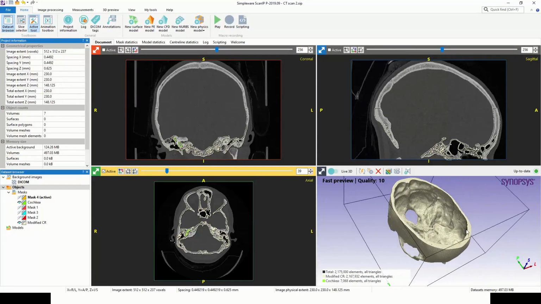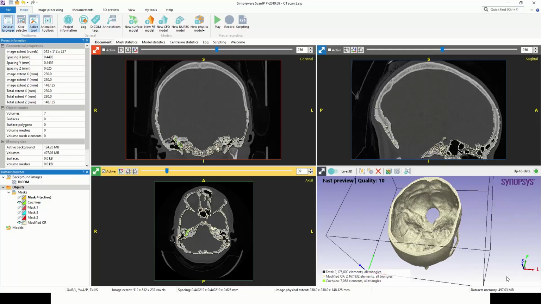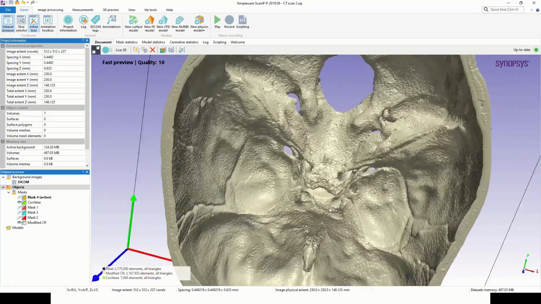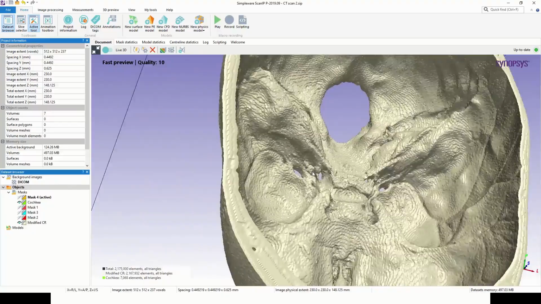And once again, we picked a high quality CT scan of the base of skull. This in particular, we picked a scan with especially thin slices. So we had 600 micron or 0.6 millimeter slices for this particular model. And this enabled us to produce this beautiful reconstruction of the base of skull and all the extremely fine detail